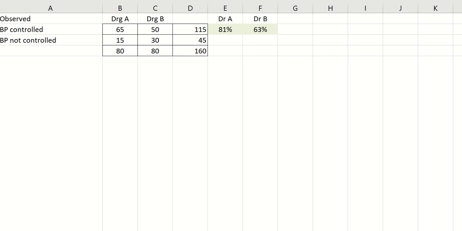And I've calculated the totals, the marginals, which by now you should know that we need them to calculate our tests. So 115, 45, and the total is 160. And I calculated the proportion of blood control in drug A, so 65 over 80, that's 81%, and 50 out of 80, that's 63%, okay? And basically the research question is: is there evidence to suggest that the proportion of blood pressure control between the two drugs is different or not different? Okay, so how do we set up